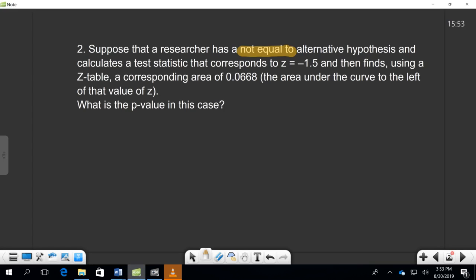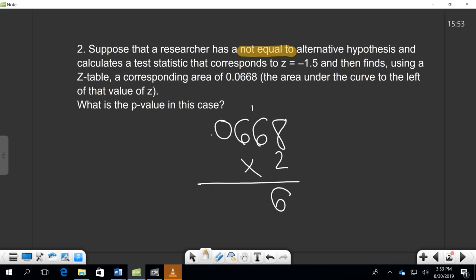So let's go back in here, and I've got 0.0668. Now, because it is a not equal to alternative hypothesis, I'm going to need to double this to get the p-value. So I'm going to multiply that by 2,